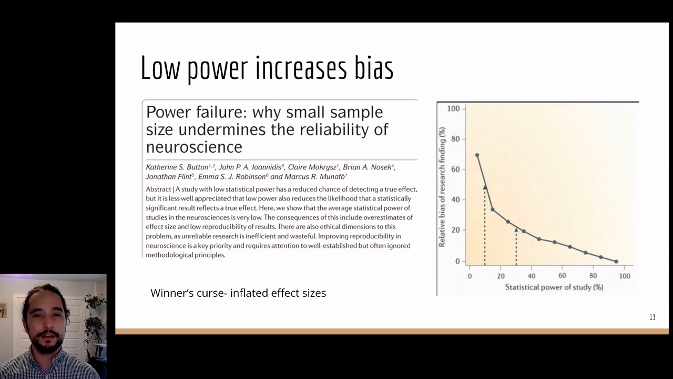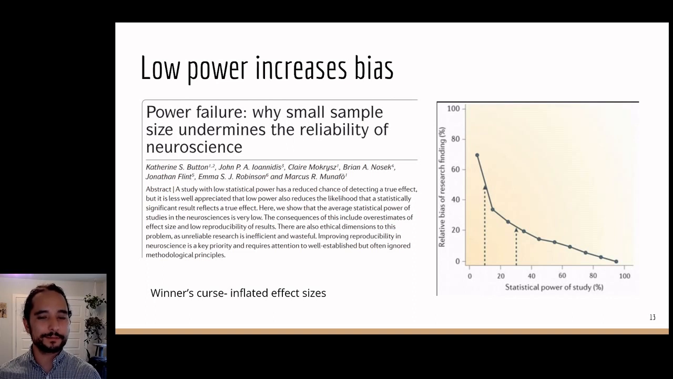And so in this influential study from Katherine Button, "Power Failure," we see that low power also increases bias, and studies that have a low amount of power also have a relatively greater amount of bias. And this is due to the winner's curse, basically. So because of chance, the effects that you were able to see above threshold, you are basically seeing an artificially